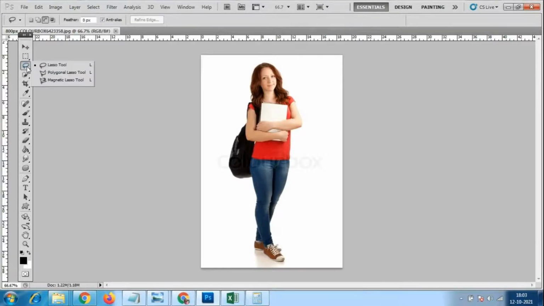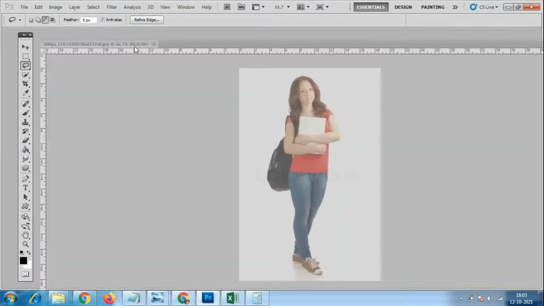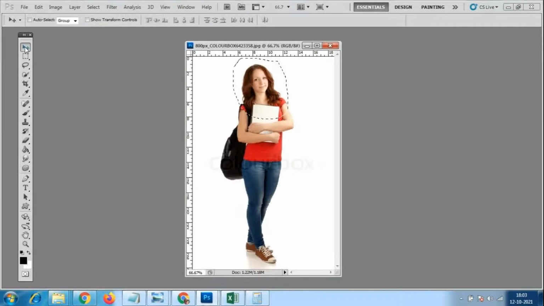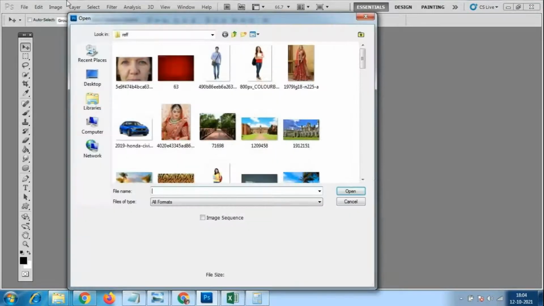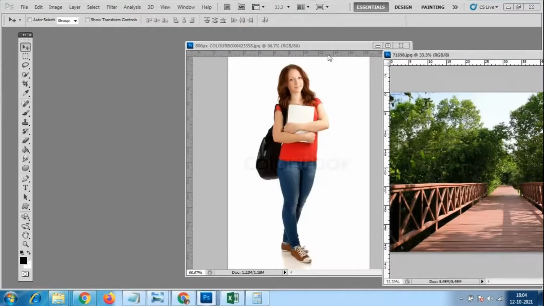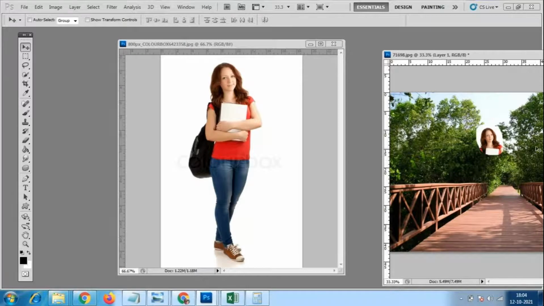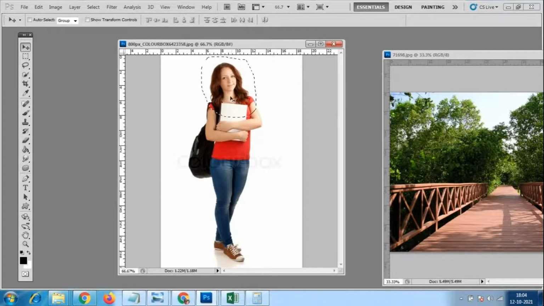So what I'll do, I'll go to this lasso tool. I'm always using left click, I will select this much portion, and now I have to move this. There itself you can move it. I'll just keep it here only, otherwise I'll open any other file. Any of the files I want to move, I'll keep it here beside, and I can move from this. Always use the move tool to move things. Look here, it has come here. So that is the use of the lasso tool.